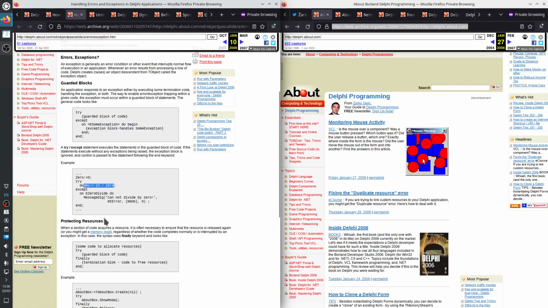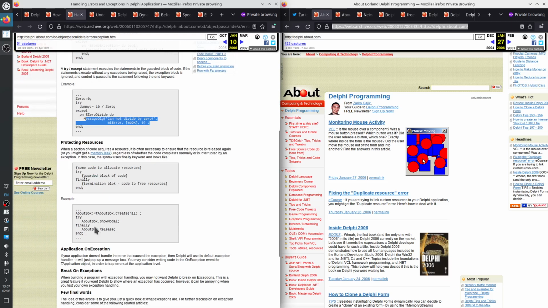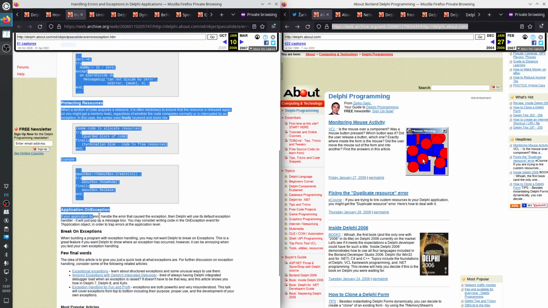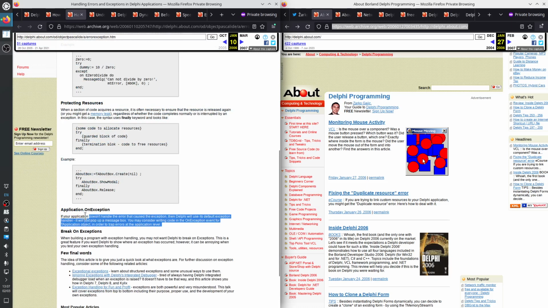Division by 0. Message dialog instead of message box. Application.OnException, a global exception handler.